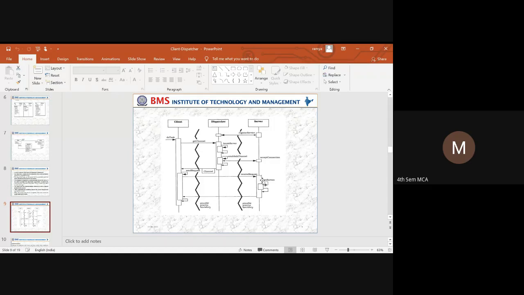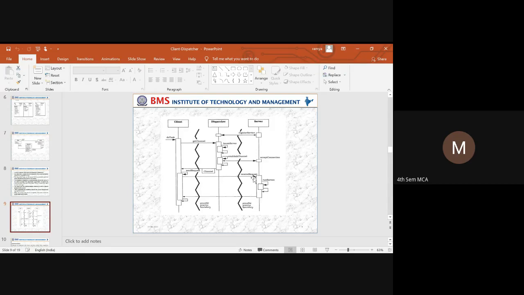Once the server gets the request from the client, now in between the client and the server there will be no dispatcher, because it has already helped to identify the server. Once the connection is established, the client can directly communicate with and have access to the server.